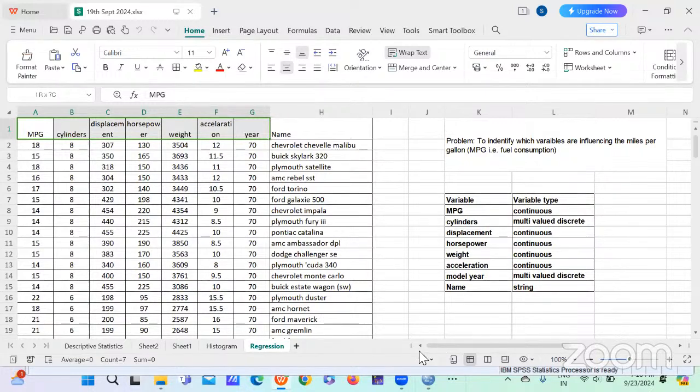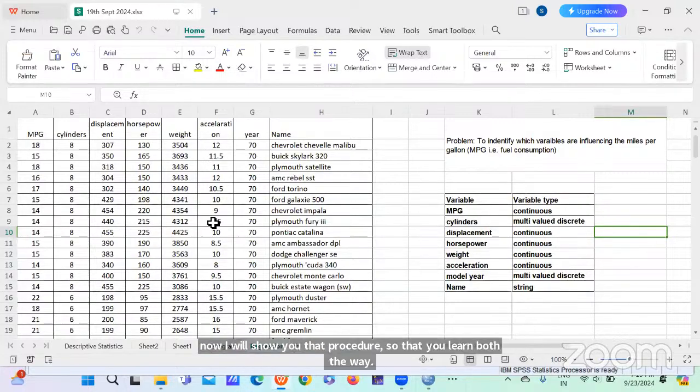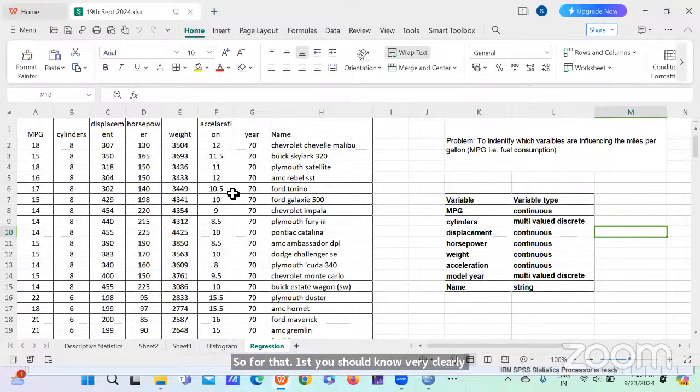Okay, that is one more way, I'll show you the second way. Till now, I was just copy pasting the column from Excel to SPSS, whatever the column we were using. But when you have a big data set, you can directly import the data in SPSS from Excel. So now I will show you that procedure so that you learn both ways. For that, first you should know very clearly in which sheet your Excel data set is,